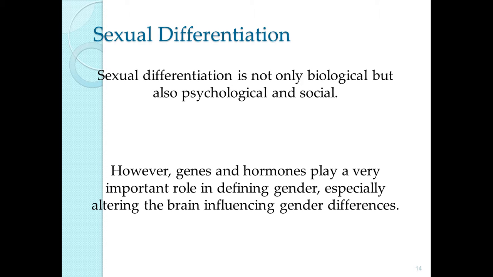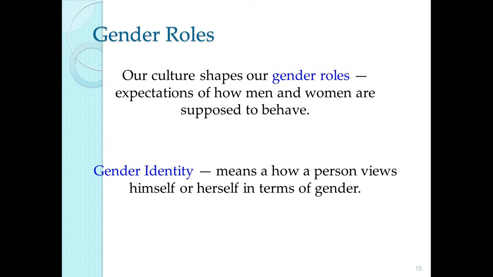So not only does the estrogen and the androgens impact your physical development, but it also changes a lot of the structures of your brain. So we see that the hormones can impact development in certain regions of the brain. You might be stronger in certain areas, which again come down to things like spatial localization or spatial reasoning. But in addition to the genetic components, there's a very social method of sexual development. And what we find is that these are what develop what are known as gender roles.